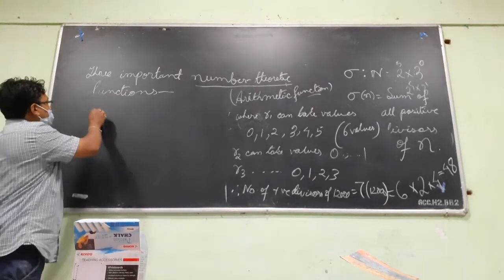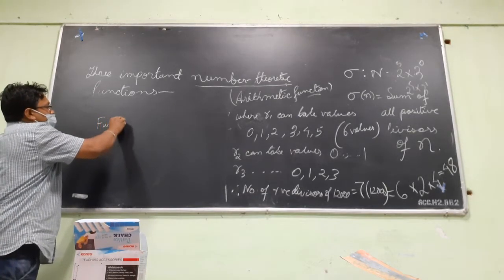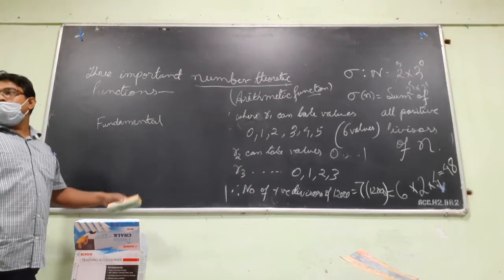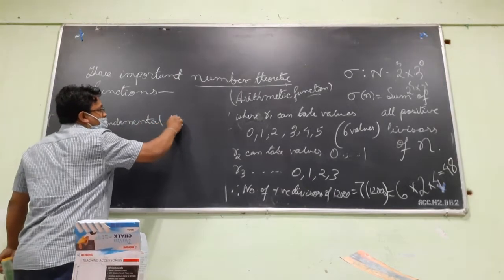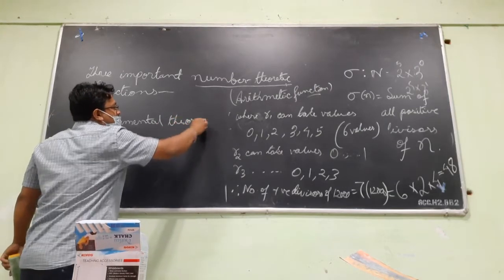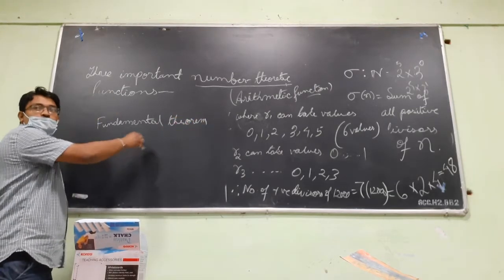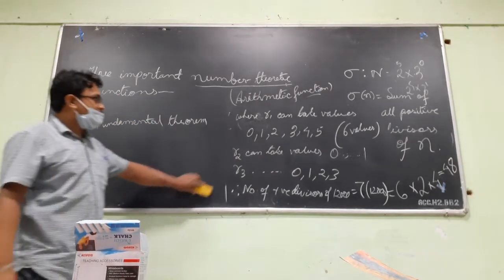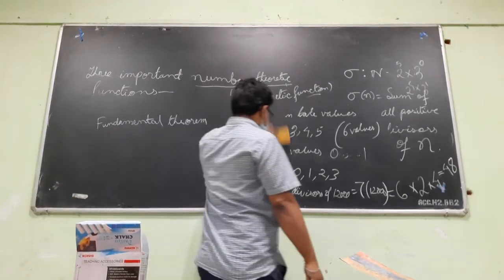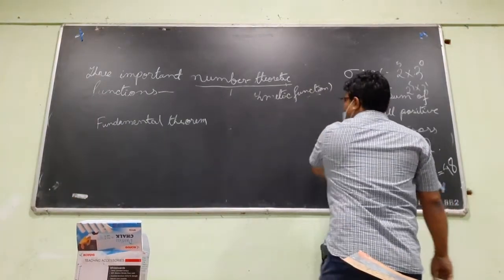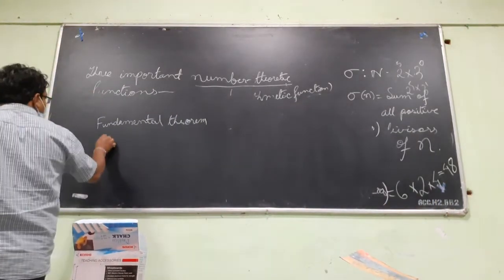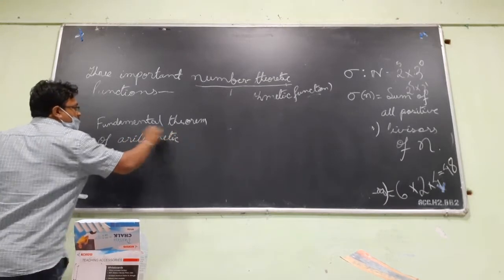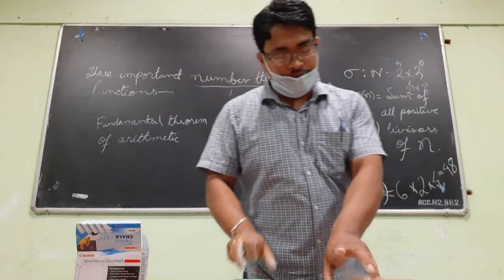There is a concept called the fundamental theorem of arithmetic, so that also we can write. We will discuss the fundamental theorem of arithmetic. Any positive integer can be expressed as a product of primes, and that product is unique. It is uniquely expressed as a product of primes. So we will use that concept. A consequence of this theorem, let me state it exactly as given in the book.